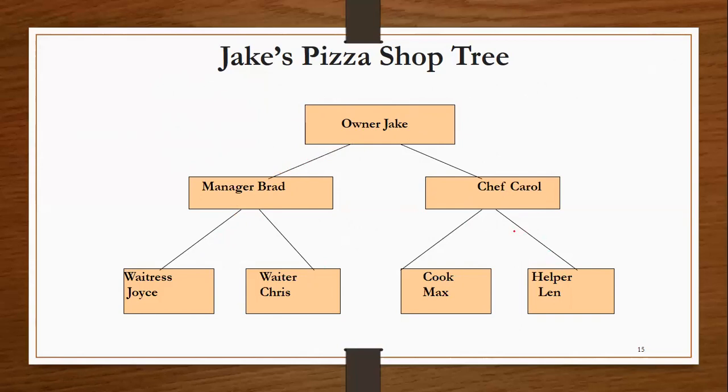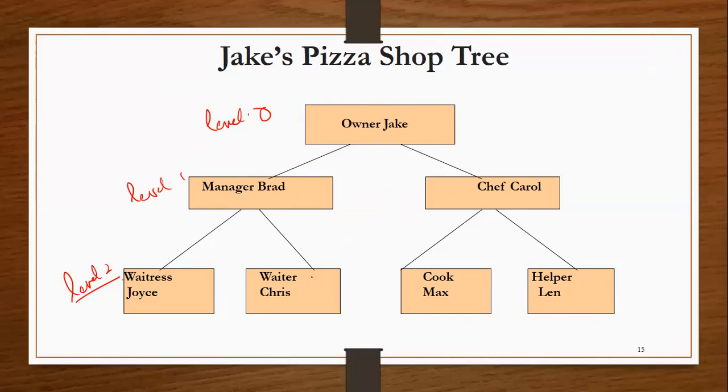So basically, if you take an organization, then the uppermost level or the root is the head of the organization. Then the workers under him are written in the, if I am taking this as level 0, so at the level 0 I am showing the head of the organization. Now the next level, at level 1, I will show the employees working under him, and if in level 1 you have a manager, then he will manage some employees which will be written in level 2. So first we have the owner, then the manager who will manage the shop, and the chef who will manage the kitchen.